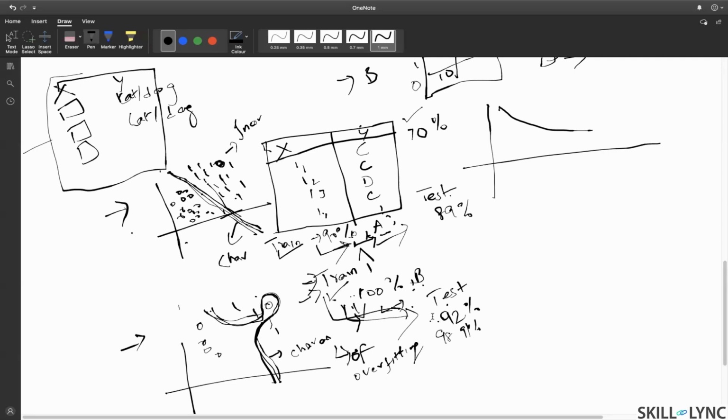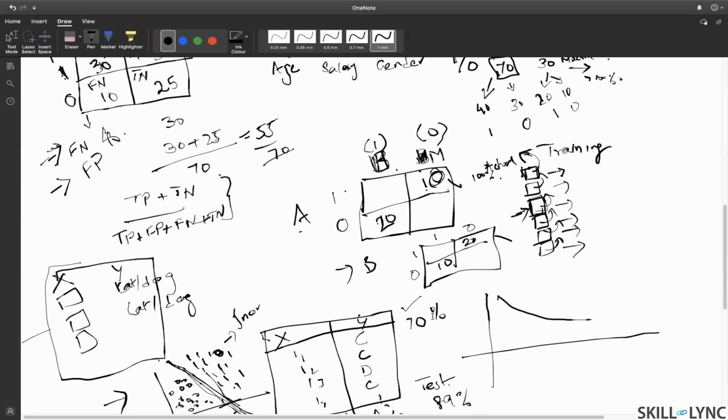Now there is something called underfitting also that we will discuss in later sessions, because I want to discuss a few more things here. Anyways, for binary classes, you can always look at the accuracy using a confusion matrix. So going back,